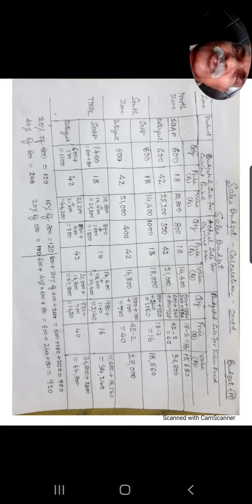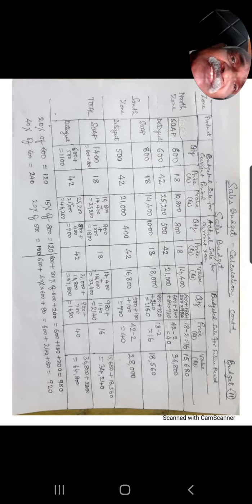Or even decrease by 2 rupees. Even underpriced. But if we decrease, here we have decreased, you just prepare again the sales budget by increasing 2 rupees. So here we decreased from 18 to 16, and what we have seen,